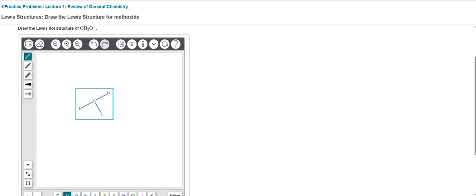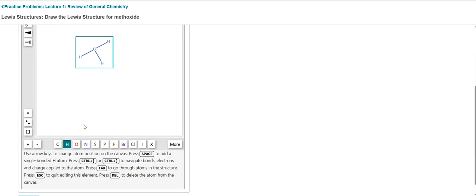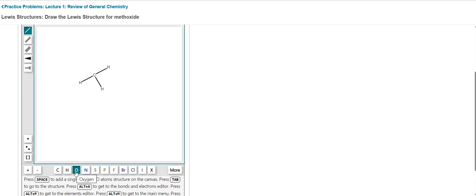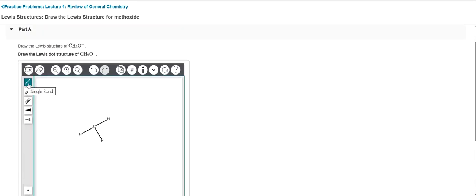So the 4th bond to that carbon is actually going to go to an oxygen. What I would do is click the oxygen down here, and then first choose a single bond, and click the carbon that I want it attached to. All right, so my carbon now has a full octet, right? 2, 4, 6, 8. Who do we appreciate? Carbon! So there's my octet of carbon, and each one of these hydrogens has 2